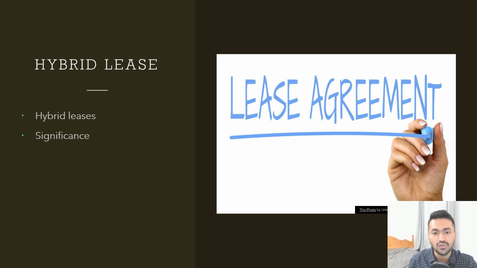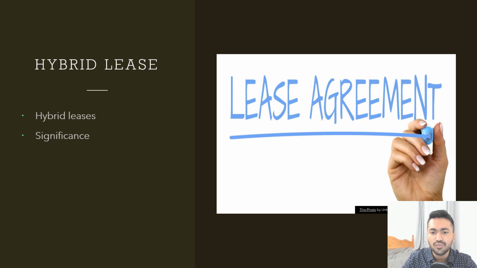And how it works, so when you have a hybrid lease, you're not sticking to just one type of lease. Instead, you are combining different types of leases to create your own custom arrangements. For example, you might take elements from a gross lease where most of the costs are covered and mix them with a net lease where you share some expenses. It's like creating your own special lease with different arrangements.